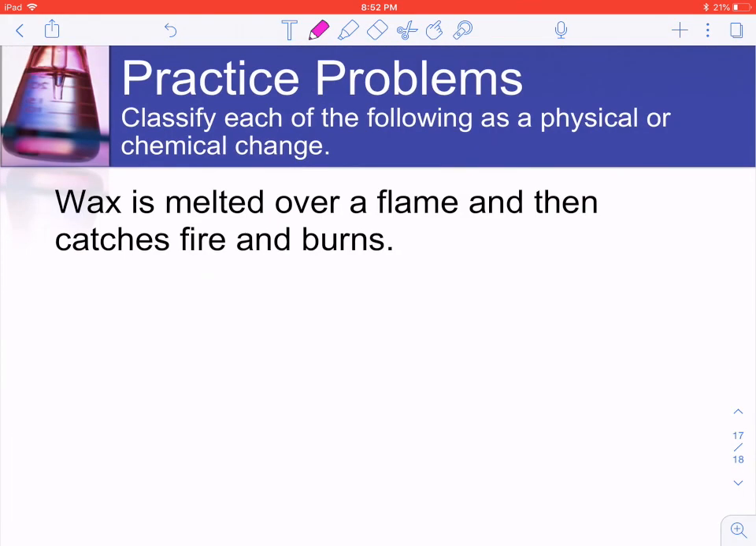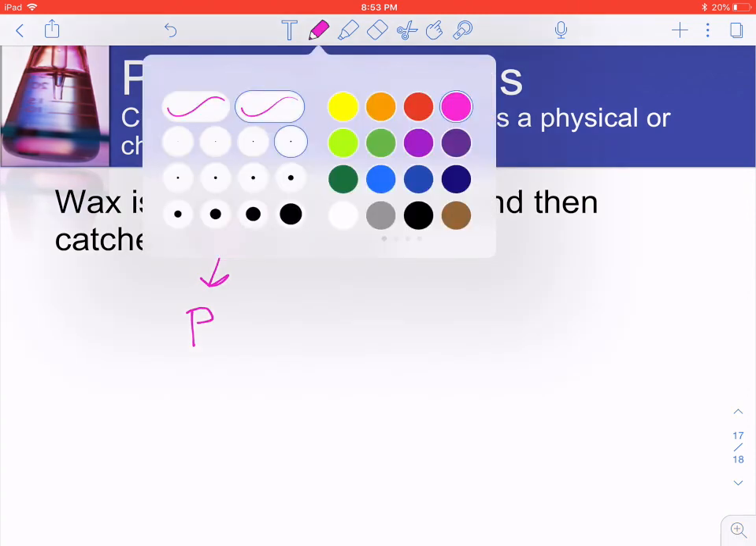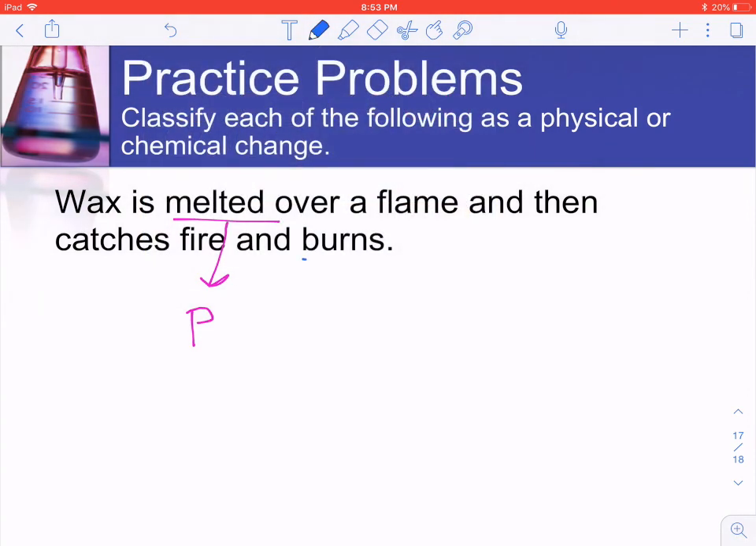And finally, if we talk about wax melting and then catching fire and burning, you hopefully saw the trick question going on here. The step of melting is actually a physical change of state, but the part where we actually burn, this is a chemical change. So trick question,